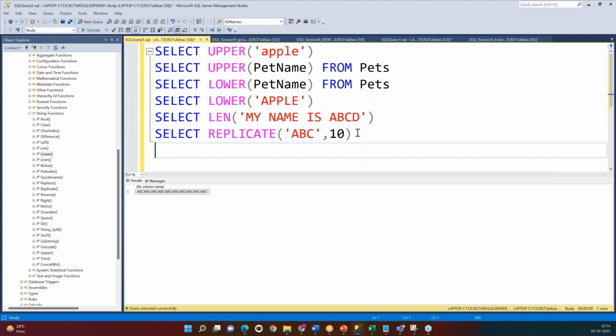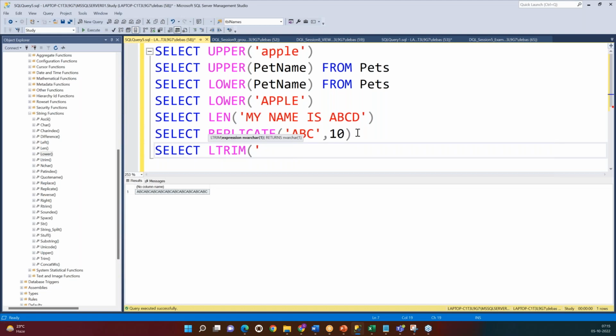Now, for an example, there are some spaces in the string, and you want to take out the spaces from the string. How do you do that? There are actually three methods available to trim the spaces. One method is known as ltrim. Do remember, ltrim stands for left trimming, left side trim. If I want to trim the space from the left side of the string, for an example,